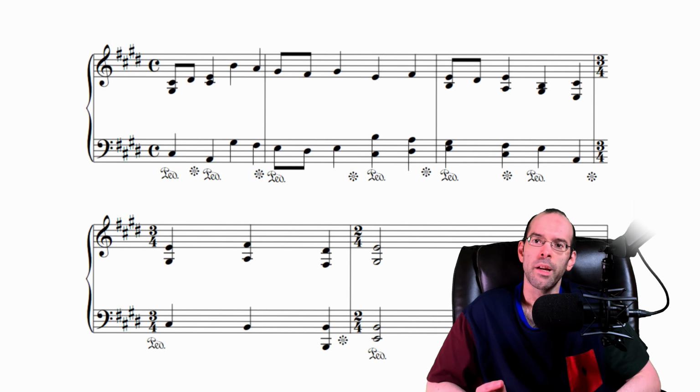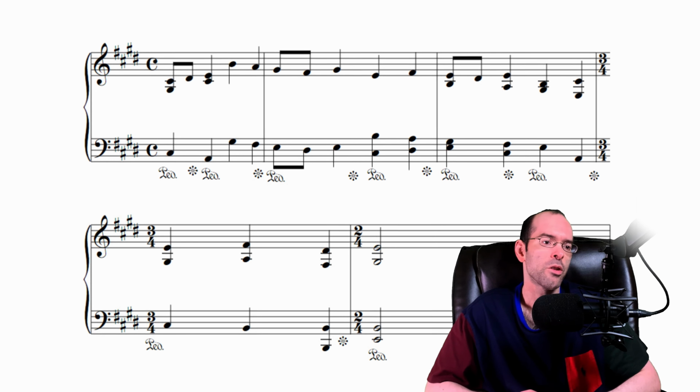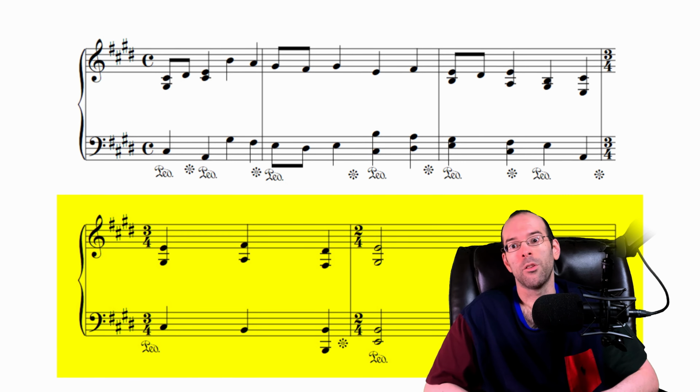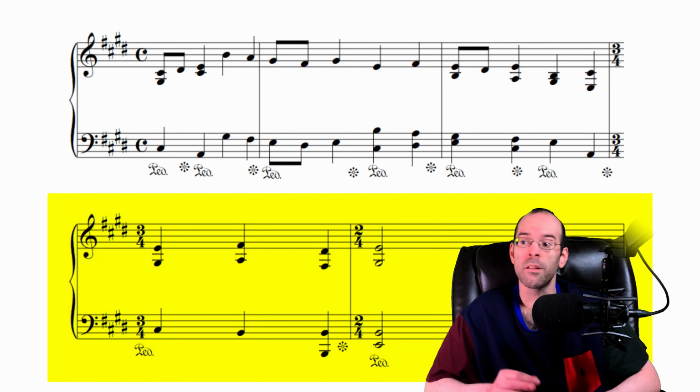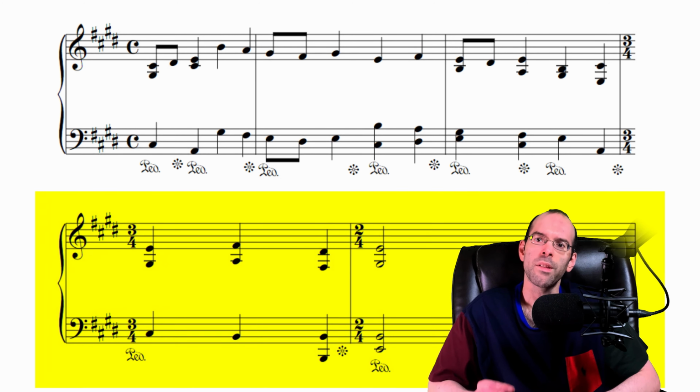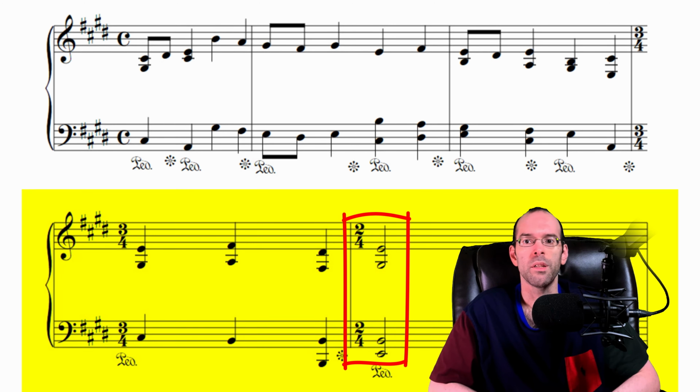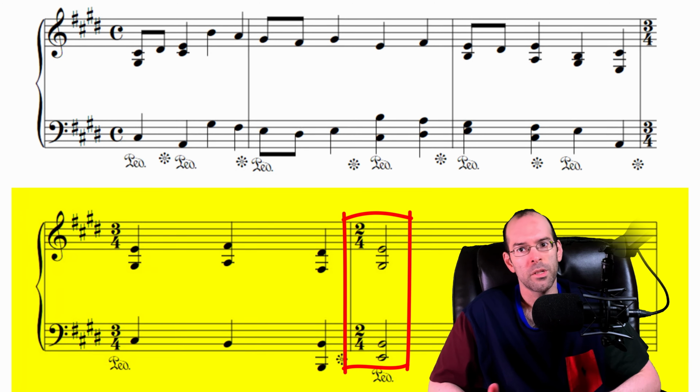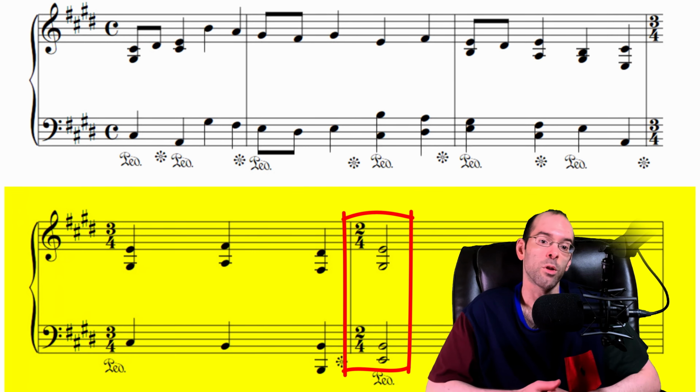So you're going to notice that I changed the time signature on measures 4 and 5 in order to resolve this piece with a cadence on the last measure. And I also wanted this last chord to only have 2 beats. So these time signature changes help organize the beats more logically.